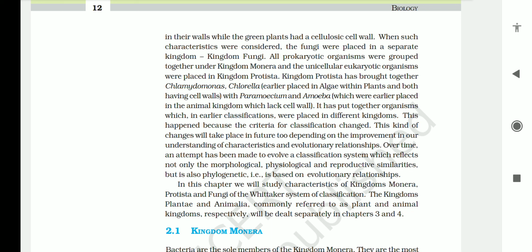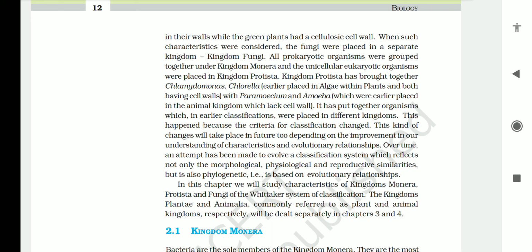Kingdom Protista has brought together Chlamydomonas and Chlorella, which were earlier placed in algae within plants and both having cell walls, with Paramecium and Amoeba, which were earlier placed in the animal kingdom, which lacks cell wall. It has put together organisms which, in earlier classifications, were placed in different kingdoms. This happened because the criteria for classification changed. These kinds of changes will take place in future too, depending on the improvement in our understanding of characteristics and